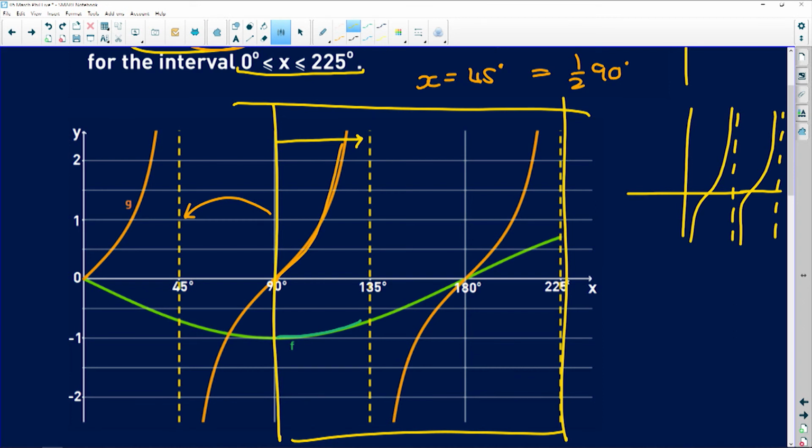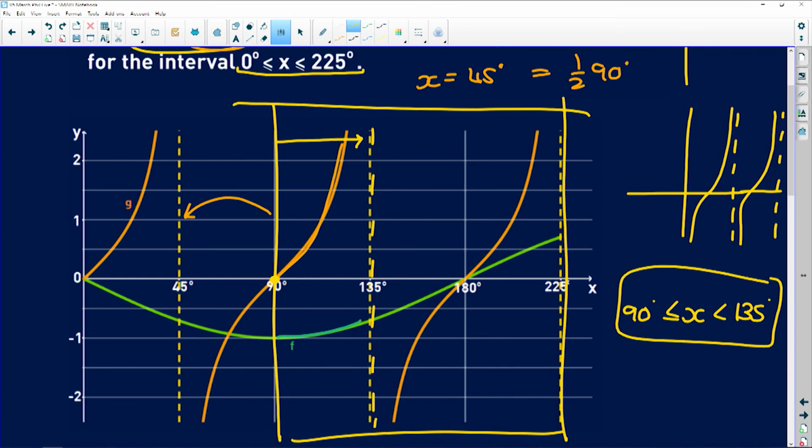So the first thing, 90 degrees, less than or equal to x, and only less than 135, because this asymptote does not get touched. So from 90 degrees, where f or g is 0, all the way up to 135,